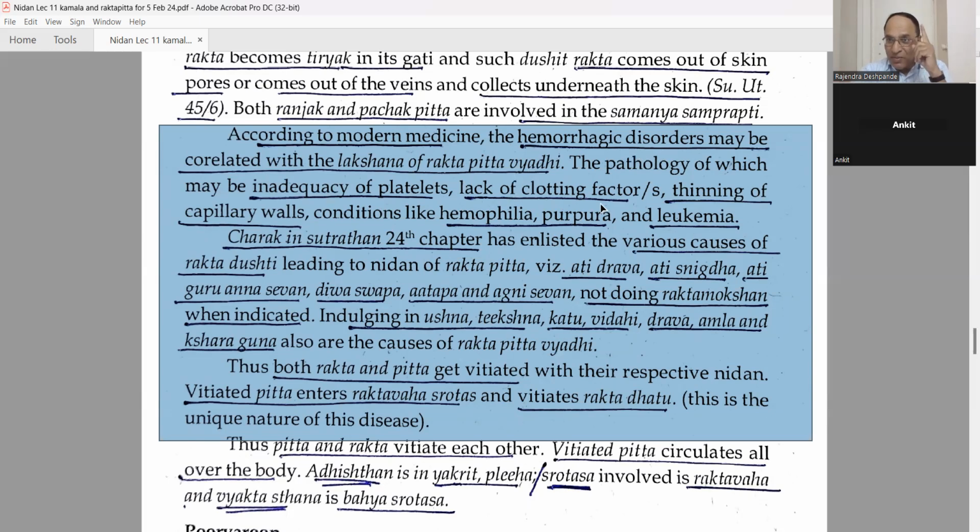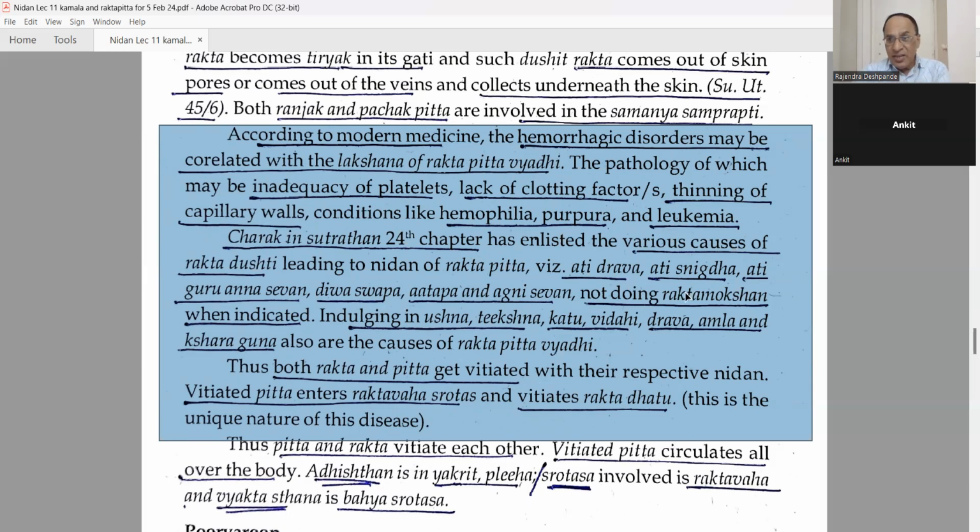You remember the first year BAMS physiology subject? There we have discussed these 13 clotting factors. Then thinning of the capillary walls. Then conditions like hemophilia, this is the name of the disease, purpura, idiopathic thrombocytopenic purpura, and leukemia, which is a blood cancer. Charak Sutra Sthan chapter 24 gives the various causes of Raktadushti, for example, Ati Drava